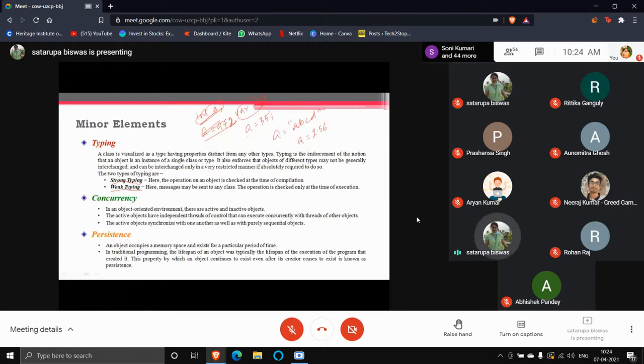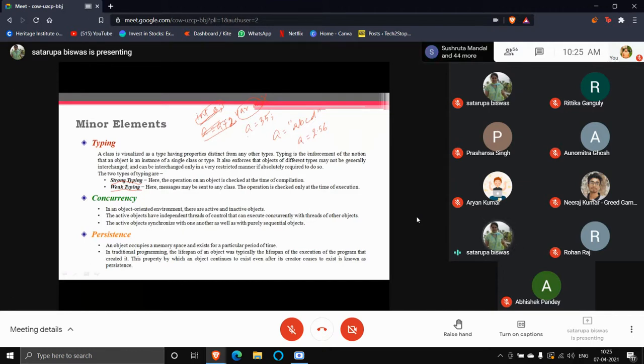But some inactive objects are also there, which are no more in use, but they are not revoked from the memory. The memory address is already with them, and they have their values over there. But the program is not utilizing them. The program is not linked with that memory location. So we will call them inactive objects. But forget about the inactive objects. Just get into the active objects.